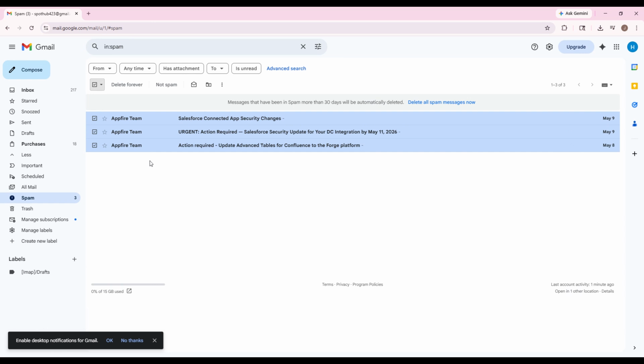If you do not want to delete everything and you only want to remove certain emails, you can select the individual checkboxes next to the specific messages you want to delete. This is useful if you want to keep one or two messages that you think might have been marked as spam by mistake. Take a moment to review the emails before deleting them, especially if you use Gmail for important